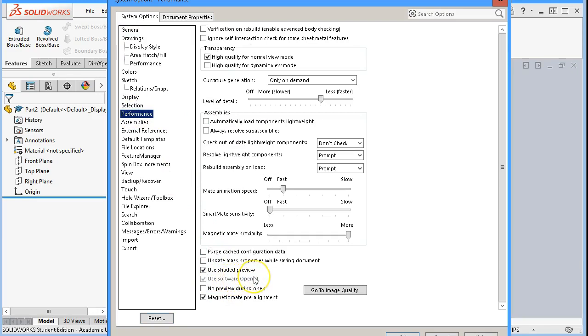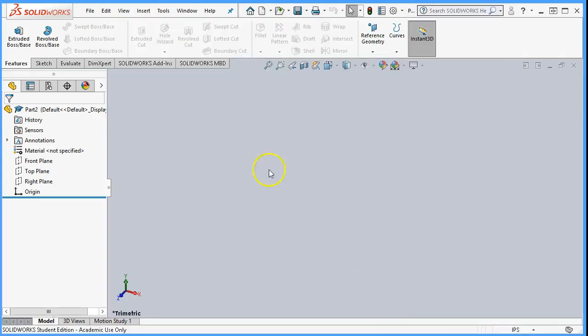if use software OpenGL is available and you're having that screen anomaly, that weirdness where the splash screen went to some weird colors. It also picked up the desktop background when I minimized and maximized it. And so I checked use software OpenGL, and that seems to have corrected for the screen. So don't do that unless you are having issues. If everything is coming up and you have a normal screen background, which this would be, then